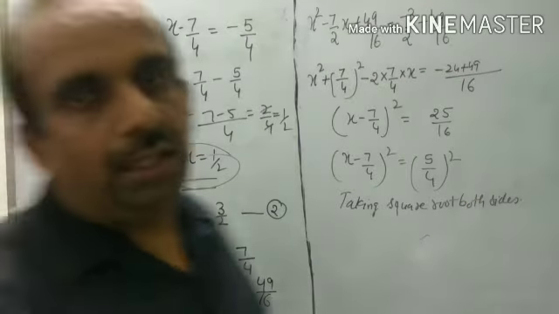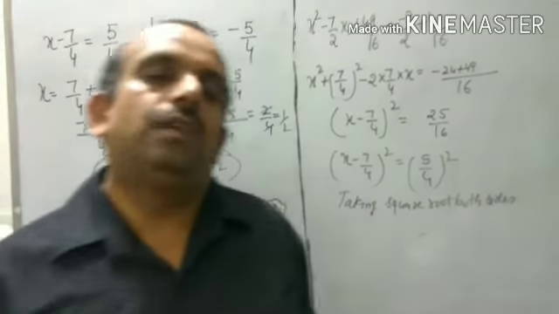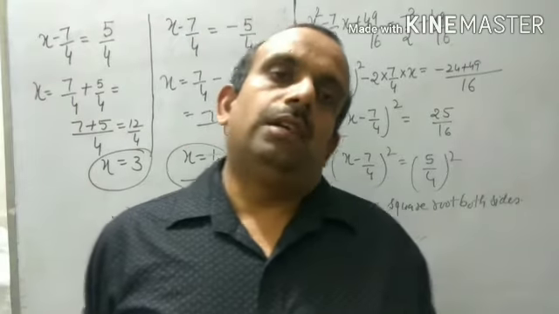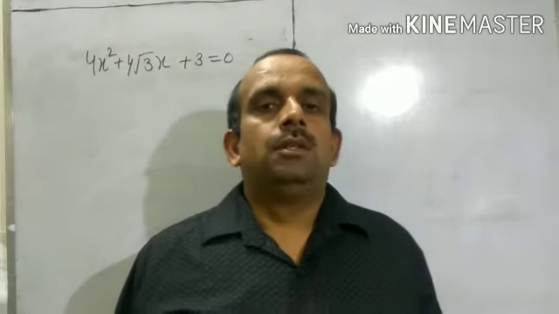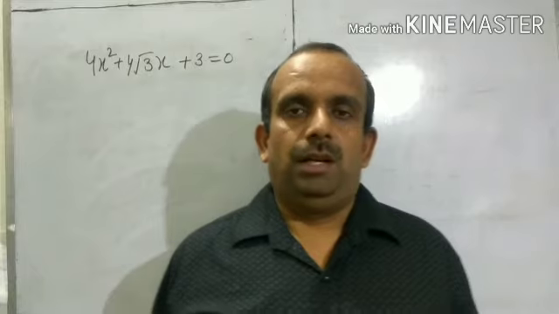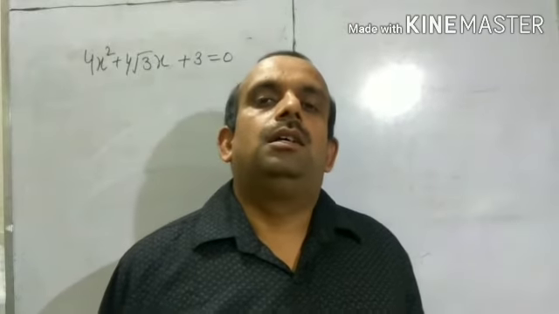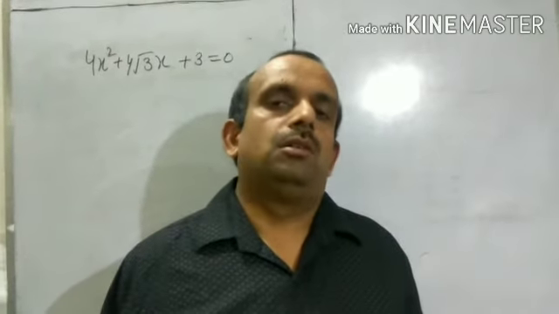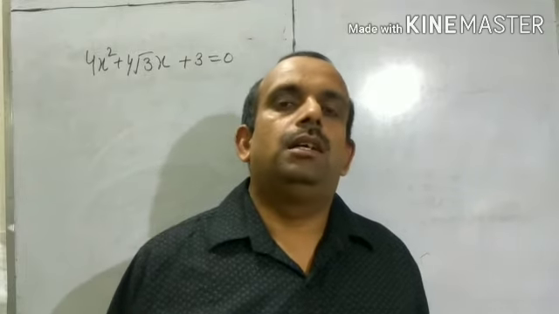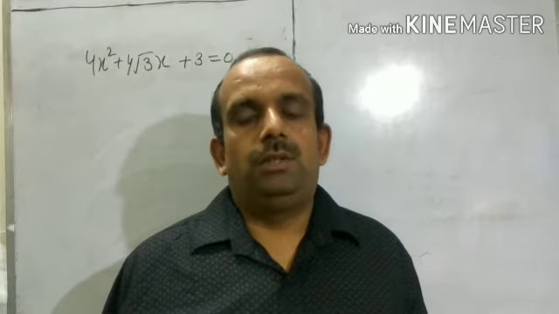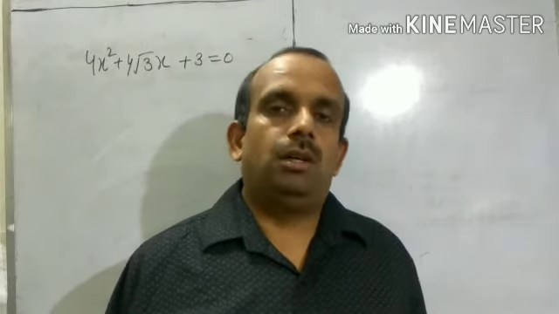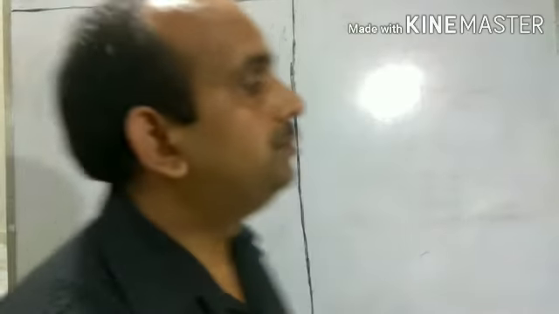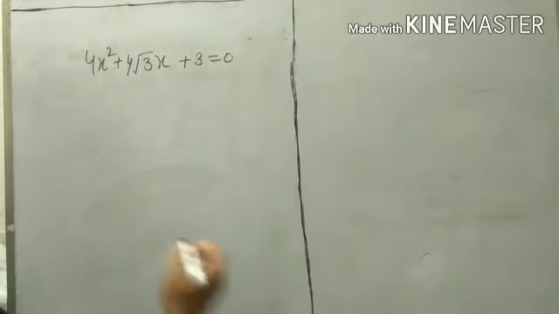So students, this is the completing the square method to find the roots of a quadratic equation. With the help of the previous example, I hope you have understood the completing the square method to solve the quadratic equation. I am taking another example to help you understand this method better. So what was our first step?